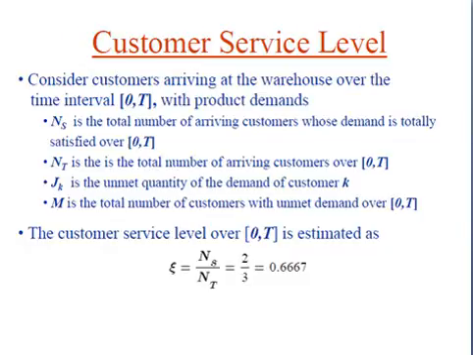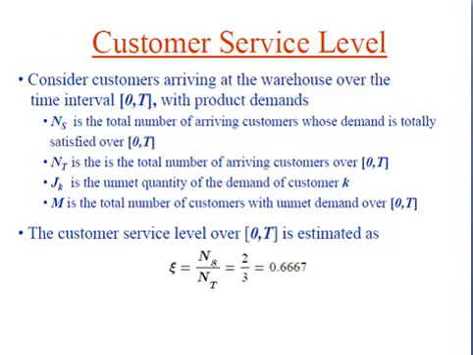Our interval was from 0 to 165, and NT is the total number of customers that arrived over the whole time interval. So the customer service level is basically the probability of fully satisfying the demand of an arrival at the warehouse, and this is basically NS divided by